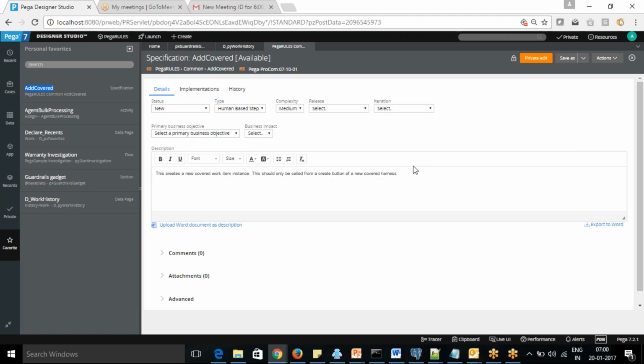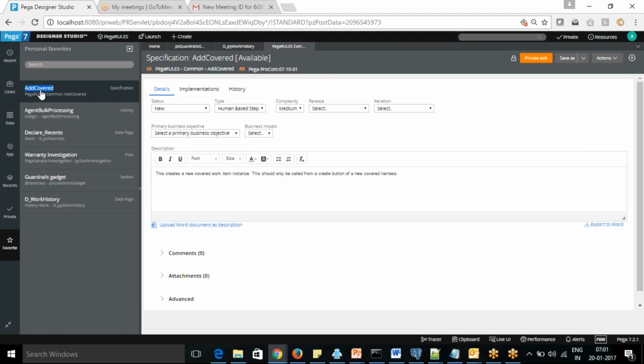Okay, that's fine. One more question: you opened and closed it, and the next time you are going to open it, first it will check the cache, right? Whether this particular rule exists in cache or not, and only then will it look into the database, right? That's right. If I click it once again, it will not open, because the rule is already open. It checks whether the thread is there or not, and based on that, it will not open.